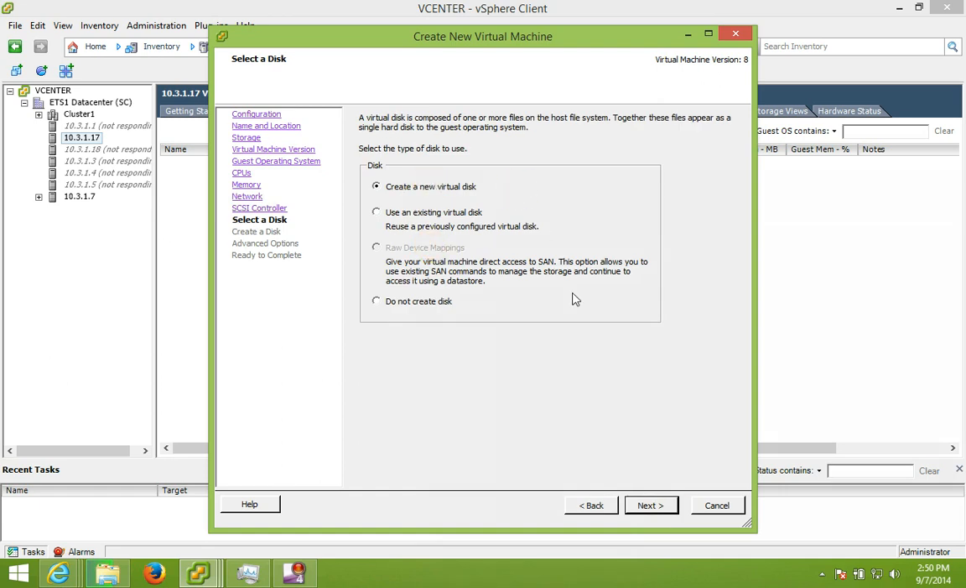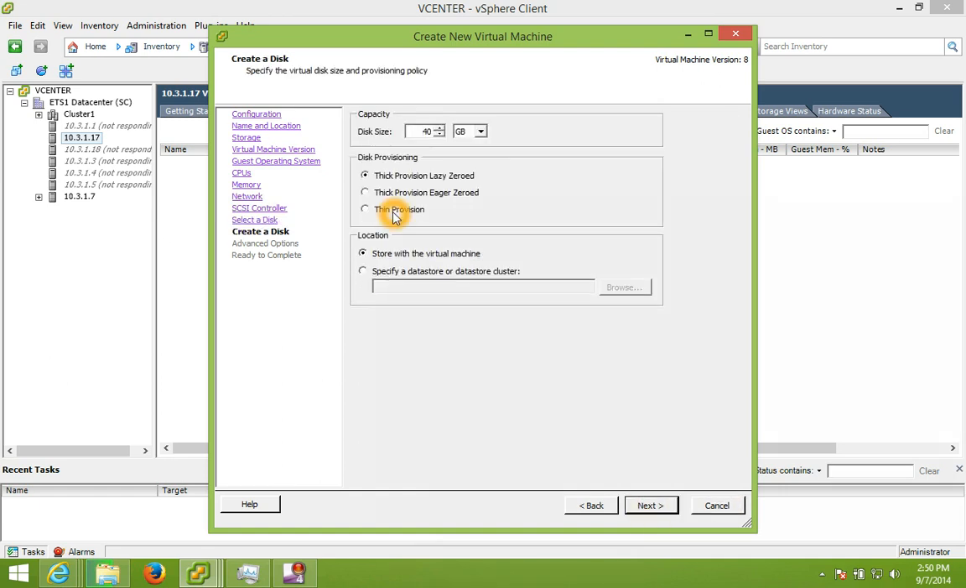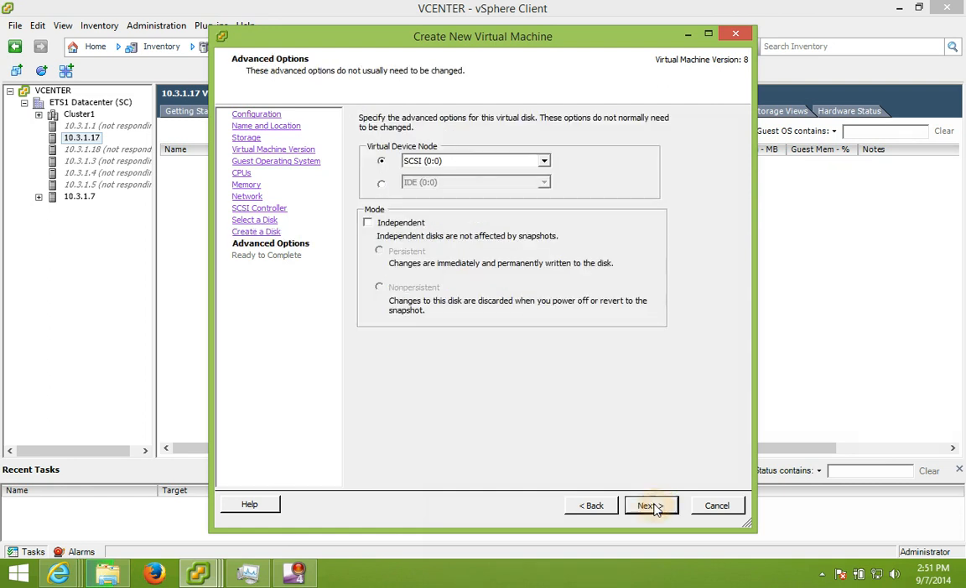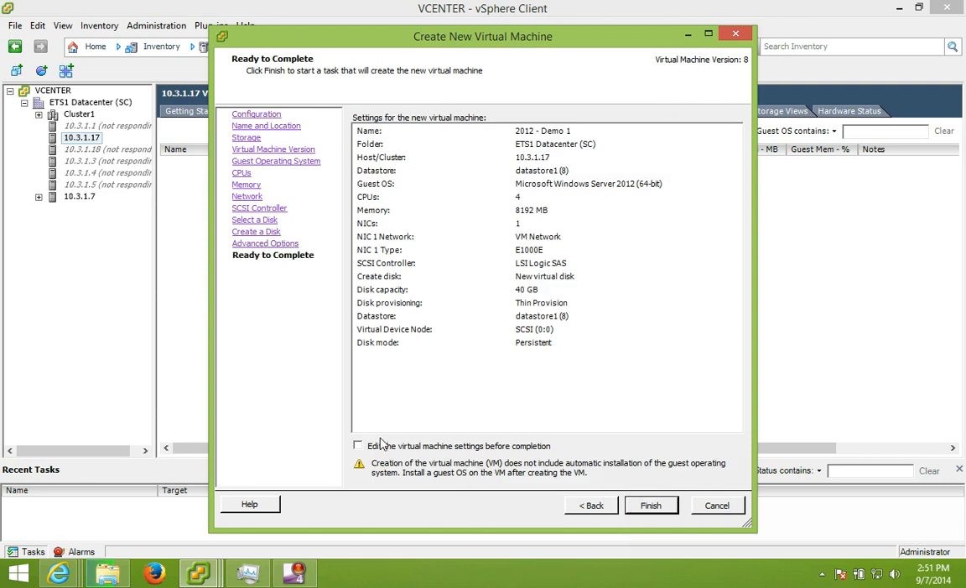We're going to create a new virtual disk, and I always thin provision my disk. It's going to be stored with the virtual machine. The disk size is going to be 40 gig, which will be plenty for our demonstration. Choose Next, choose Next again, and we're going to edit the virtual machine settings just to take a look at